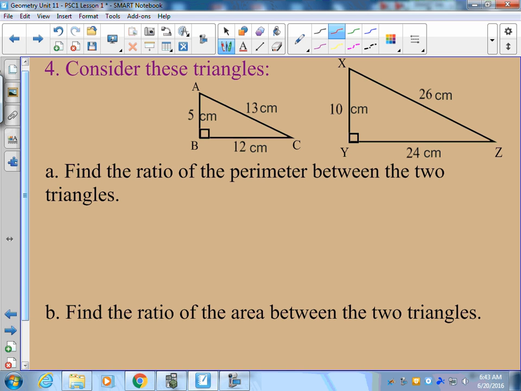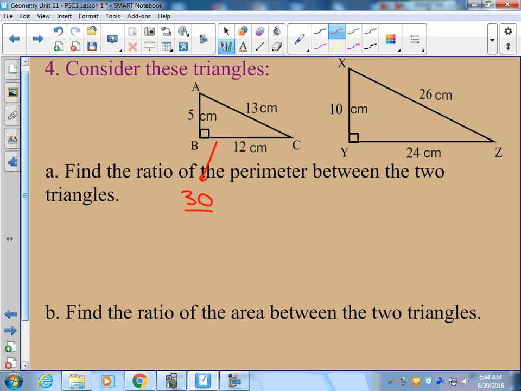Where is this going to go in the problems that we're going to work with? We're going to start dealing with equal proportions of triangles and other shapes, and we want to find the ratio of the perimeter between the two shapes. So the first thing we have to do is find our perimeter values. 5 plus 12 plus 13: 25 plus 5 is 30, the perimeter of the first triangle,